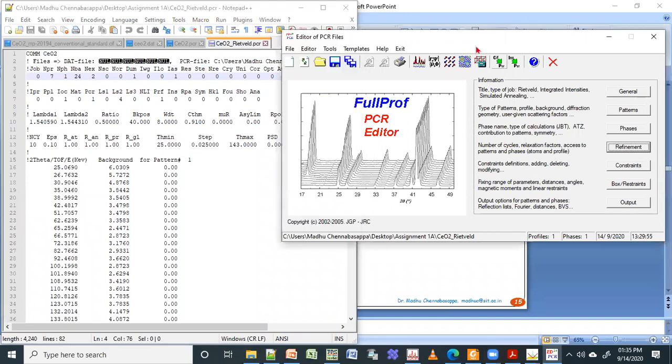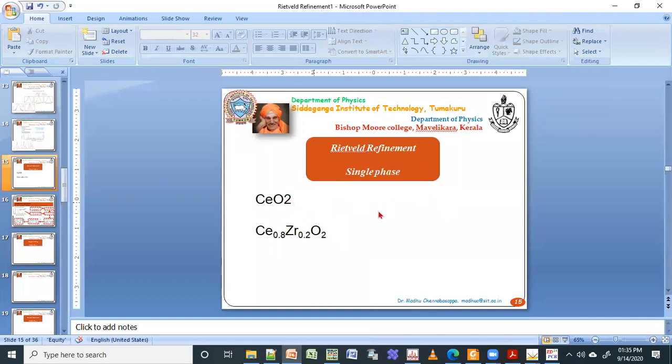If you take cerium oxide, for example, the cerium and oxygen atoms are sitting in the 000 position, right? But if you give some thermal energy, even at room temperature, which is already 300 Kelvin, there is already some energy.